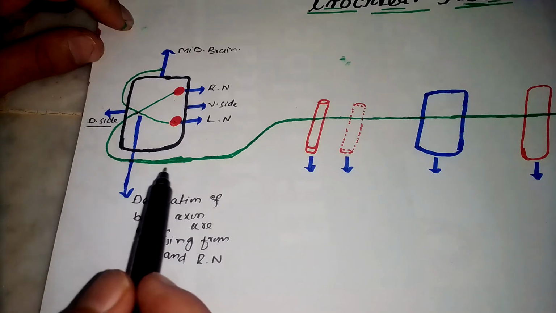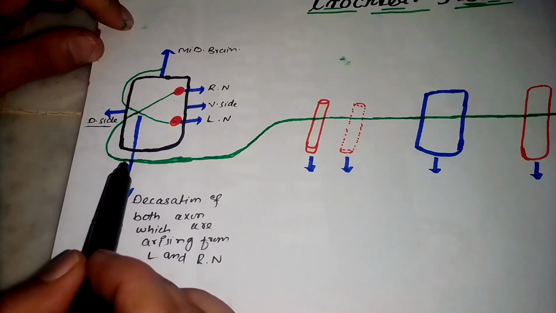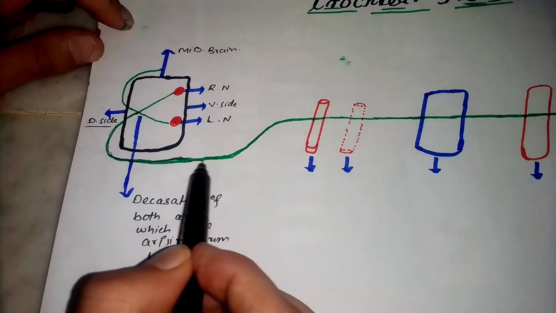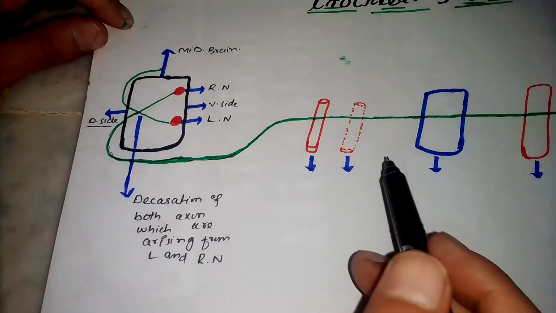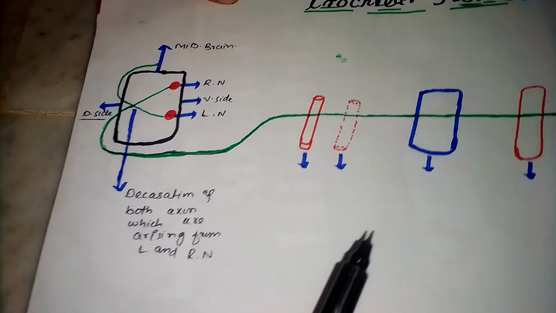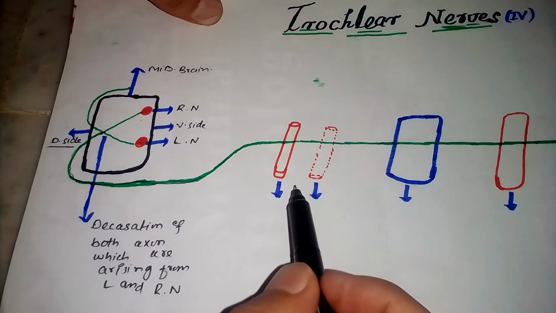After this, the axons, the nerves, will move toward the ventral side. So they will move toward the ventral side, the ventral side of the midbrain. When they move toward the ventral side of the midbrain, they cross something. Okay, when they move toward the ventral side, they will move